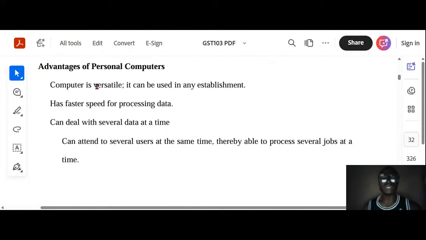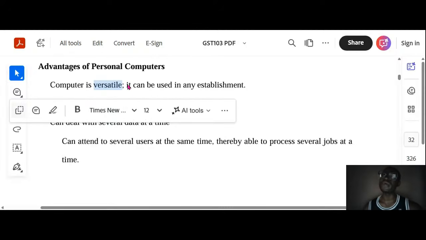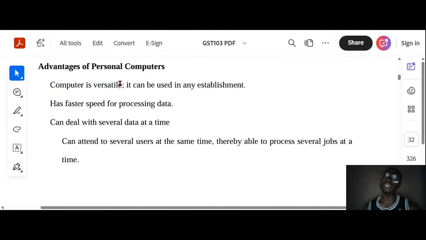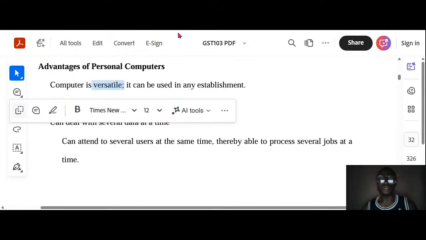I want you guys to check the meaning of versatile. We have been hearing computer is versatile since we were in primary school. One of the advantages of computers given to us when we were still in primary school was that computer is versatile, even though then you don't even know what versatile means. So check it now. What is the meaning of versatile? Because I know some of you don't even know it. I will just think that everybody knows it. So let's check it today and learn it in case you don't know it before. What's the meaning of versatile?